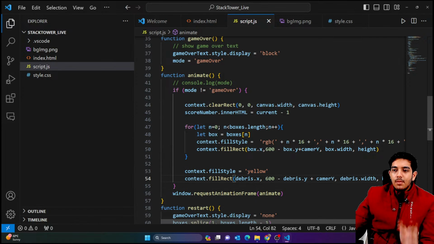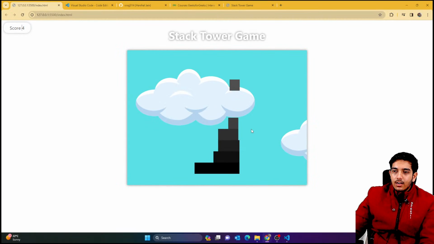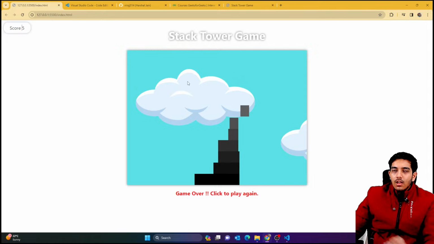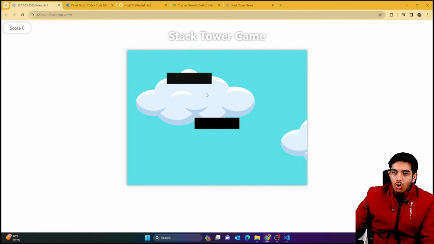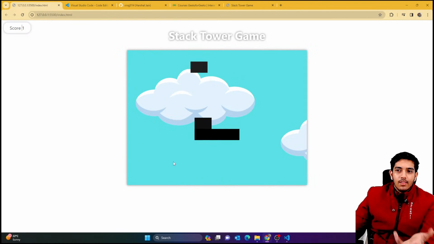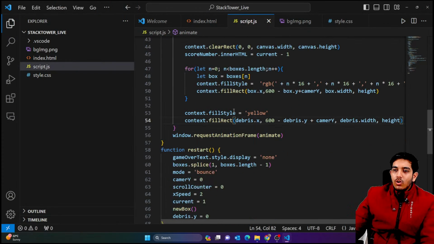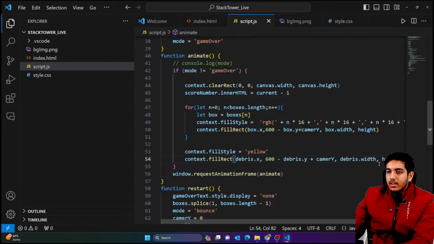We'll create the debris dependent on the last box. So you can see right now, if I hit this, the debris is dependent on the last box, right? The amount of extra which you drop, that's what it depends on. Right now you can see debris is not created, so we have to write the logic. How can we write that? So here itself